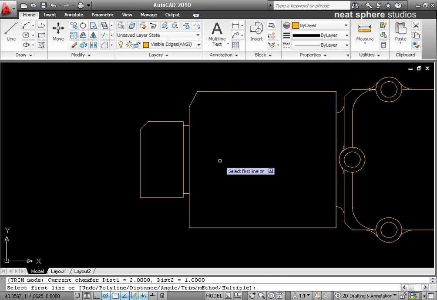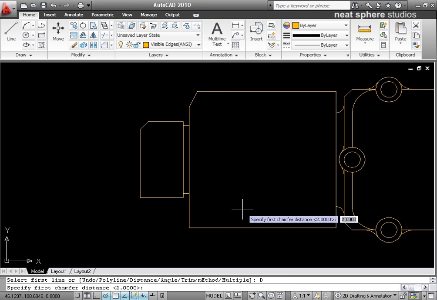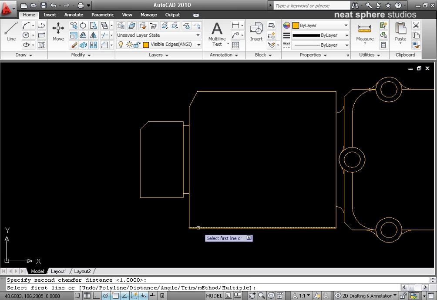So again, I'll repeat the chamfer, and I'll right click and say distance, and I'll say 2 and enter, and 1 and enter, and now I'll do that from here to here. So you can see that was my first line that I clicked, so that was a distance of 2, and then you look at these two ends and you think, oh, they're not even, but I had the same value in. So we'll undo that,